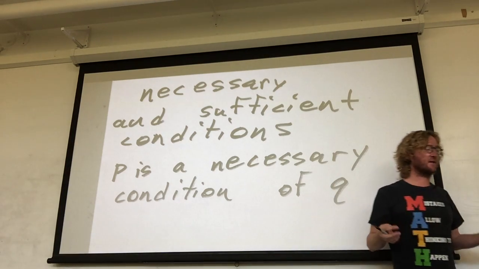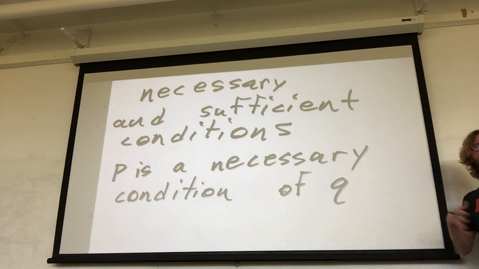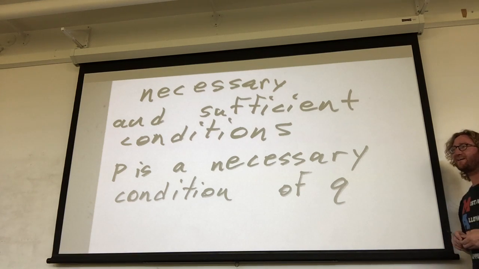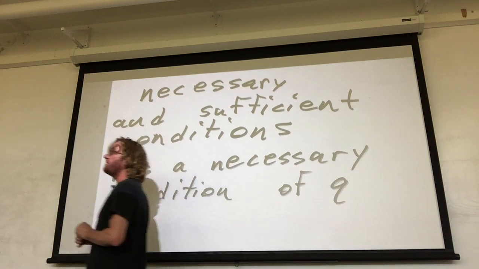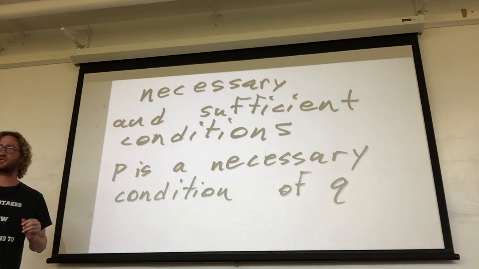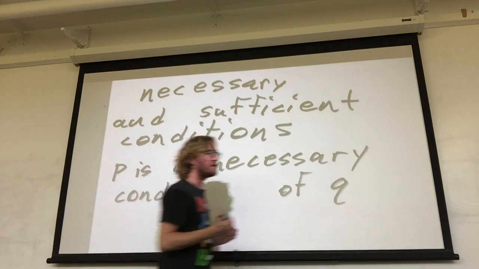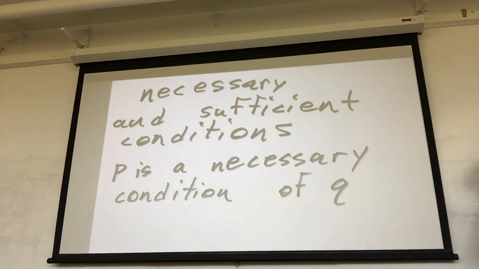So in mathematics, we spend a lot of time talking about necessary and sufficient conditions, and they have kind of this strange language in a little bit, but in reality, the concept of necessary and sufficient conditions means which condition is really stronger, okay? So, for P to be a necessary condition of Q,